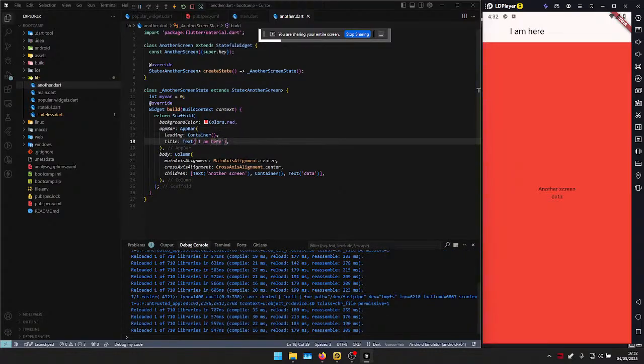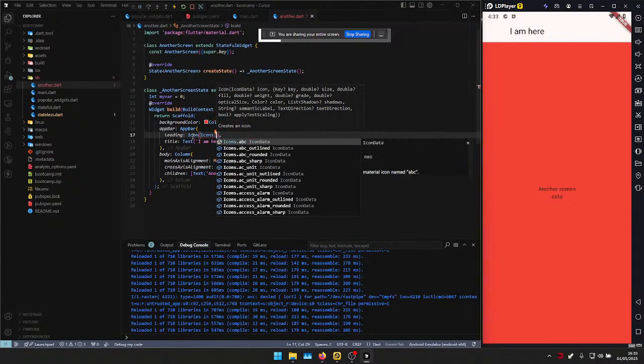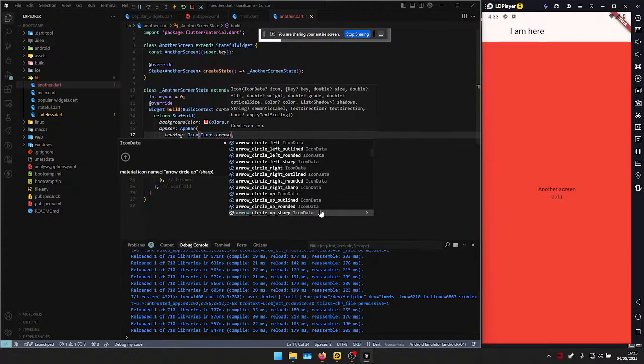So let's say we pass in an icon. Yeah, this is the icon widget over here. This gives you access to all the inbuilt icons that Flutter has to offer. They are a lot. I use them sometimes. And as you can see here, arrow back. This is the default icon for this navigation here. Okay, I've removed it. Over here, we can scroll down and we can see several types of